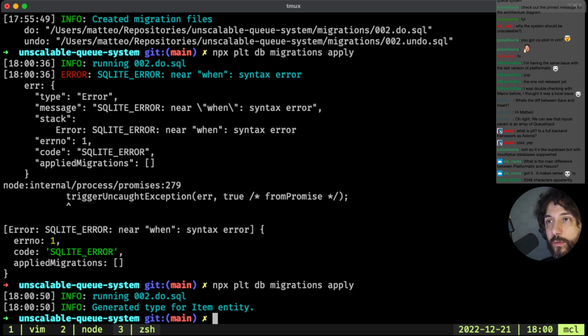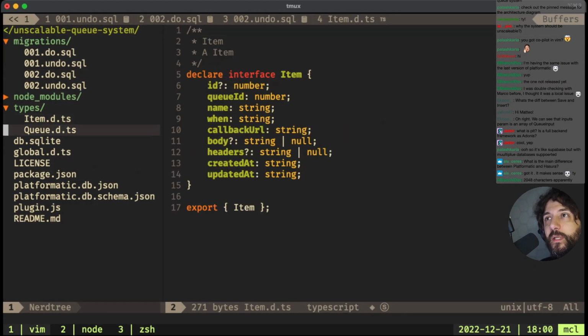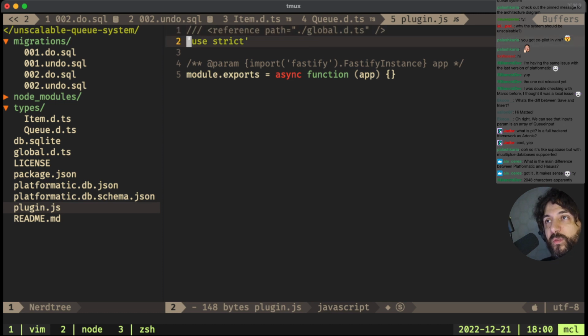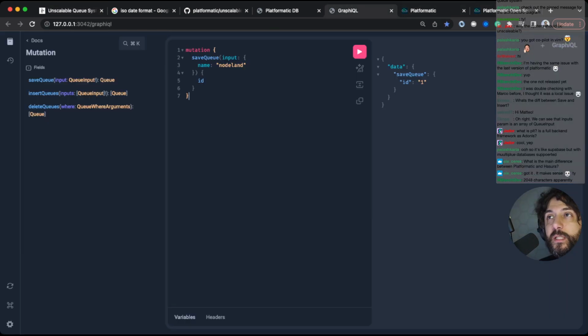And by the way, you can see here it has generated some of the types for me, item and queue, so that I can use them in my plugin over here. So I could do things with them. Okay, so let's go back in Chrome and see if I can. Where is it?